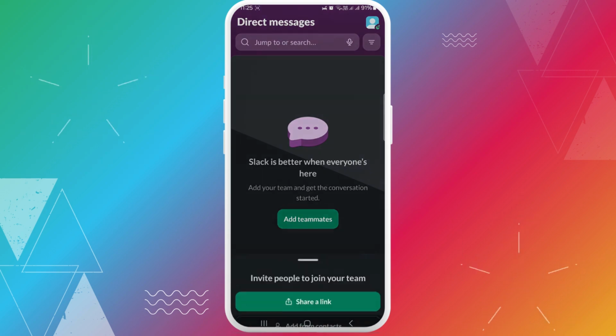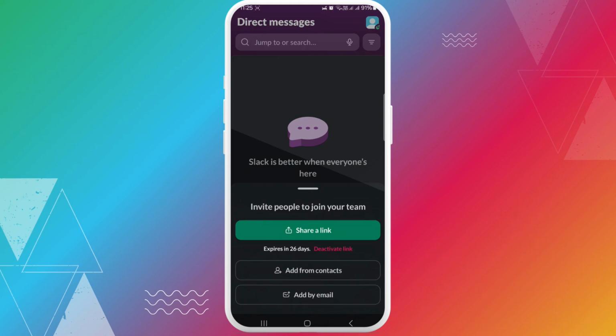Here you can see add from contact, add by email, share a link. You can share a link and your friend or your colleague can join, or add by email. Simply tap on add by email, enter their email, tap on send, then after